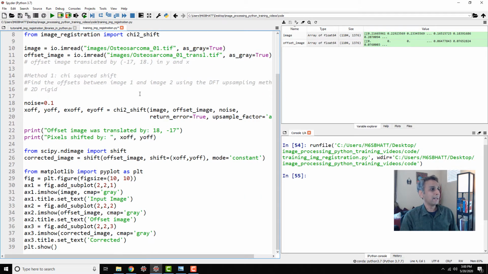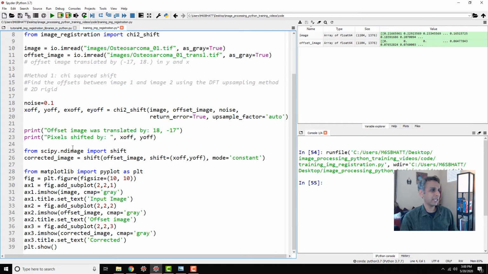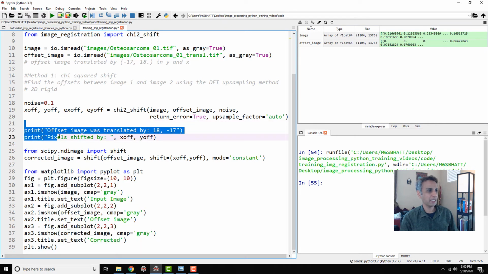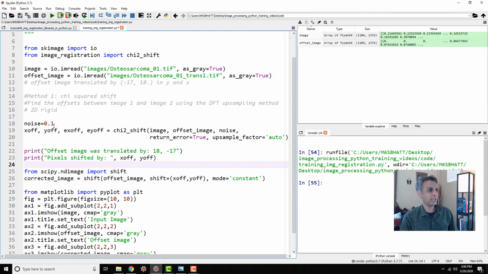Now, here is how the implementation works. All these lines down here are just for plotting, so don't worry about it, and these 2 are the print statements. Here, what I'm doing is adding something called a noise factor, which is required for this chi-square shift. And once you apply this chi-square shift onto the image and the offset image, with this noise and all these other parameters,